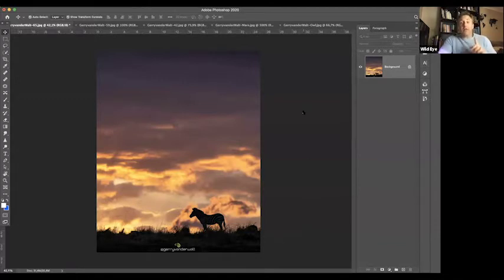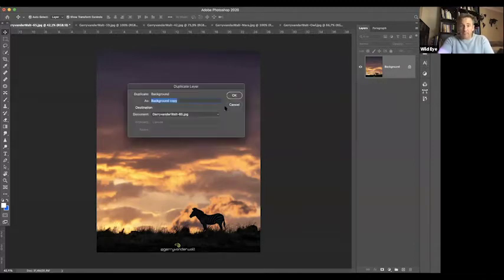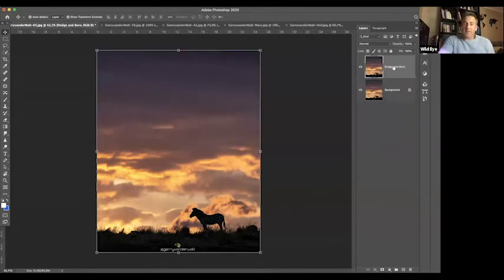So now think about this and bear with me for a second here. I am going to duplicate this layer because I want to make any adjustments on a layer, not on the background, because then I can blend it in more afterwards. Just gives me so much control. How do I do that? Right click, duplicate layer. And I'm going to call this, just for instance now, dodge and burn. So on the side, there's my dodge and burn.